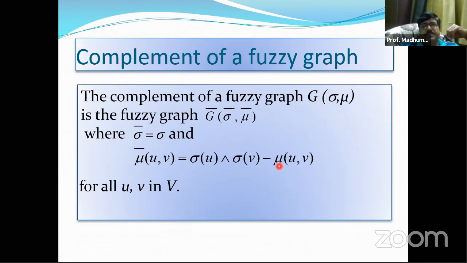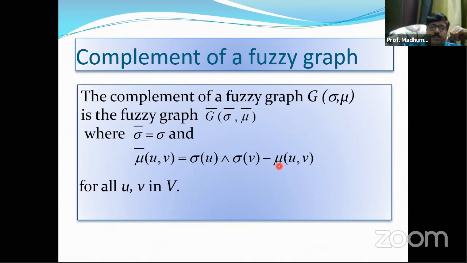In the crisp, conventional sense, if there is an edge between two vertices in the original graph, then in the complemented graph, there is no edge between those particular vertices. And if there is no edge between a pair of vertices in the original graph, then there is an edge between the vertices in the complemented graph. So this is the concept of a complemented graph in our conventional graph theory, but in fuzzy graph theory,